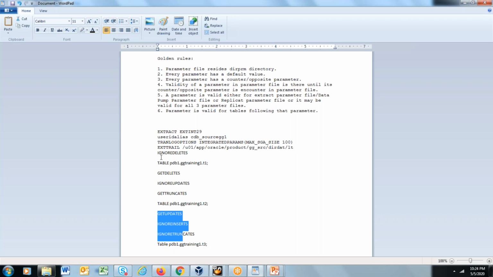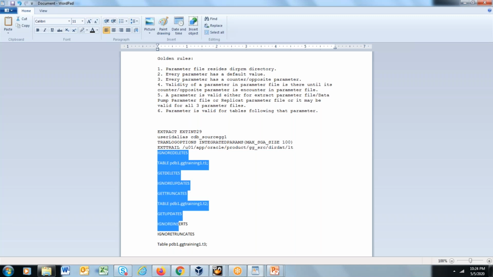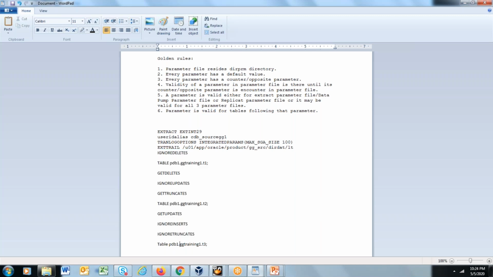In this parameter file, get updates becomes valid at this point, then it is ignore updates at this point, then again get updates becomes valid. So the same operation is eligible to be captured for one table, and for another table the next time you are ignoring it. You use the combination of get inserts and get updates multiple times, and you can always do that.